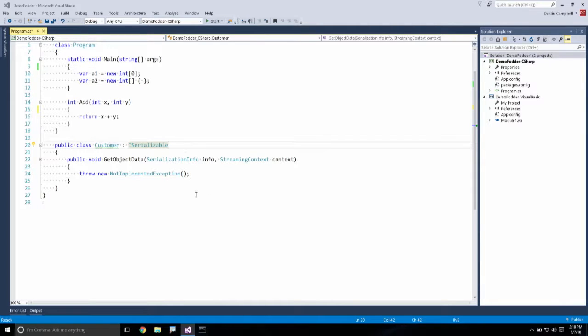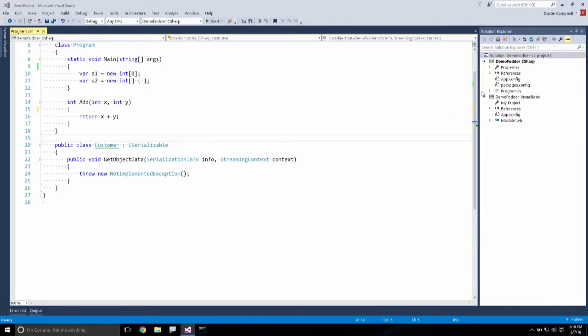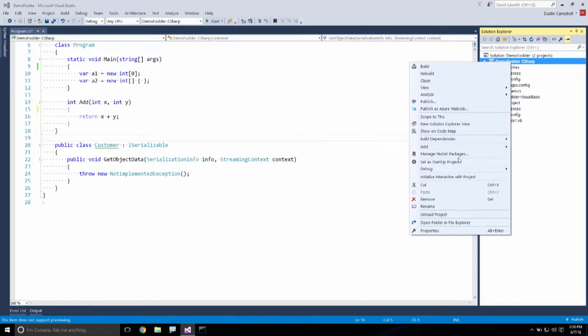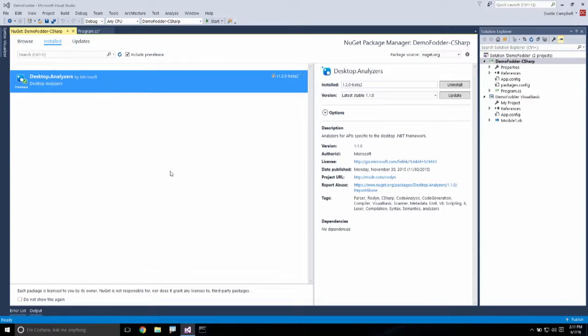So what we're seeing here is a squiggle on Customer, and it tells me I should be adding the Serializable attribute to Customer, since it implements the ISerializable interface. This actually came from a package I have installed from NuGet called Desktop Analyzers. If I go to my NuGet packages and look at the ones I've got installed, you'll see it right here. And it is actually a collection of analyzers, and there's several of these that have been ported over